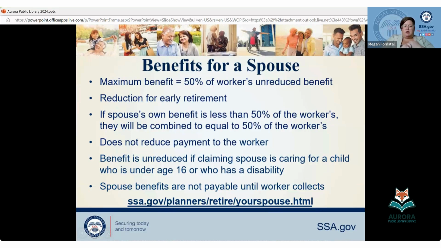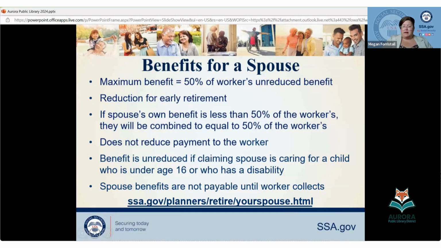So what we do, and it does not matter how old everyone is when we're filing, is first of all, if you're currently married, that person has to either be filing at the same time or collecting their benefit already for you to receive something off their record. And then the next thing is we're always going to look at each person's own benefit. And regardless of what age you're filing at or what age they filed at, we're going to look at 100% of your own benefit, so your full retirement age rate. We're going to look at 50% of your current spouse's full retirement age rate.